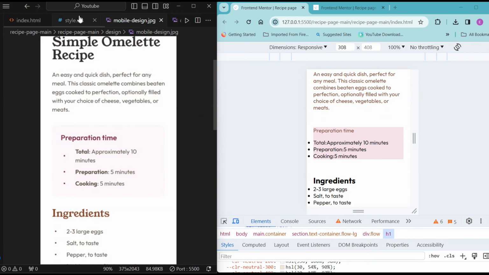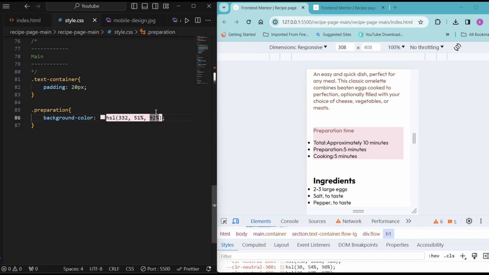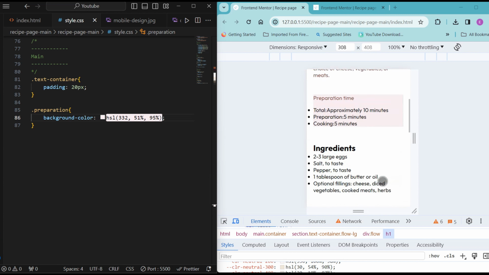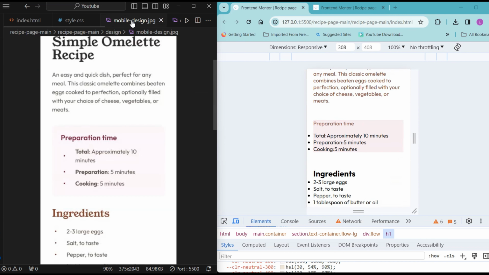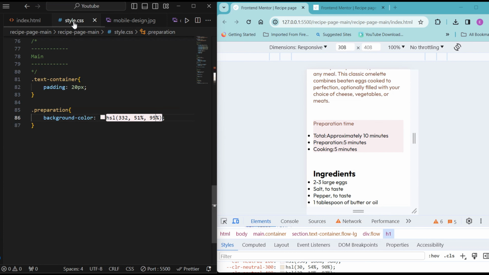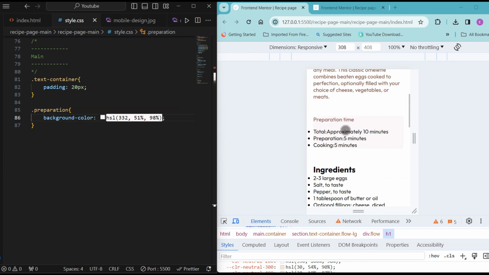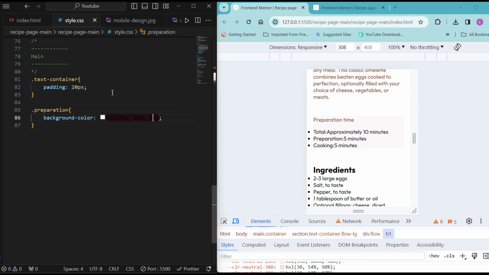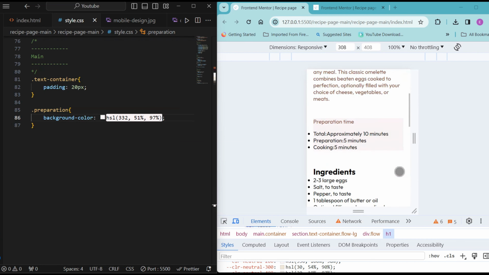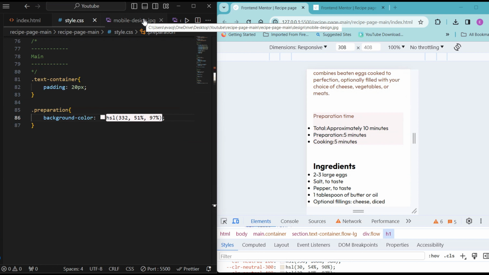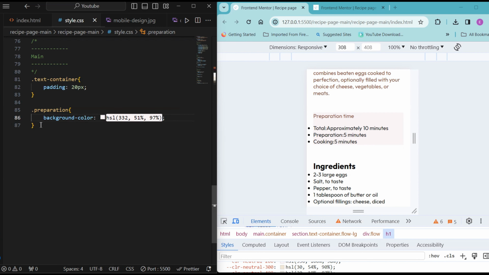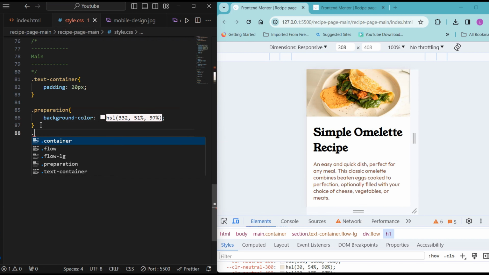Once again, this is where a Figma file would have come in really handy. How about 95? I think we're getting closer. How about 98? And this is almost white at this point. Yeah, maybe we leave it at 98 or 97. Okay, let's leave it at 97. So we have this right now, and then I'm going to just do preparation and select the first child, which is